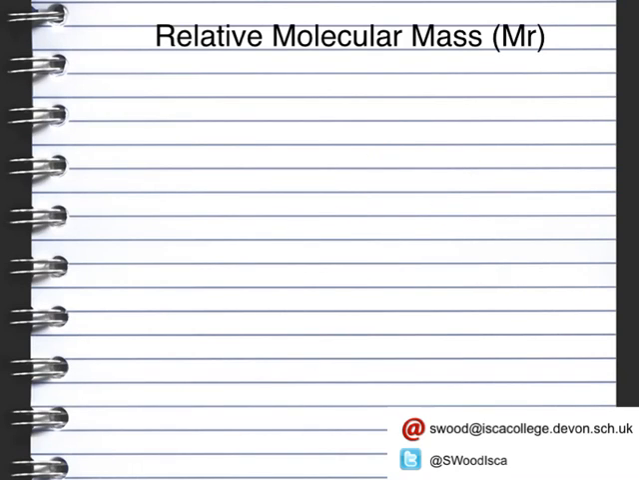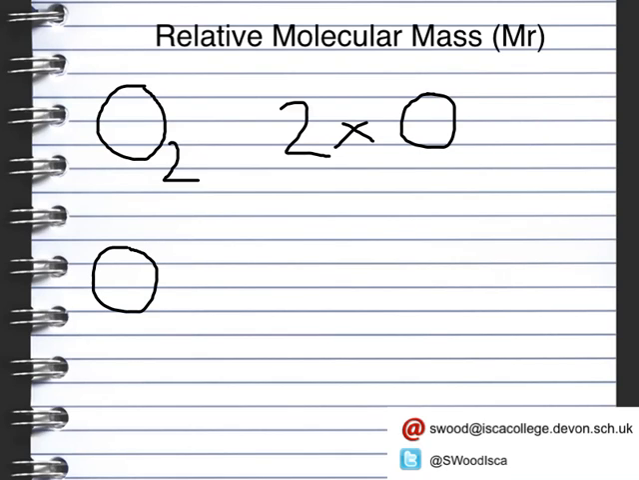The relative molecular mass is where we have molecules with more than one atom. So we'll have a quick look at oxygen to start with. Oxygen has the formula O2, which means there are 2 oxygen atoms. If we look at the periodic table, we can see that oxygen has a mass